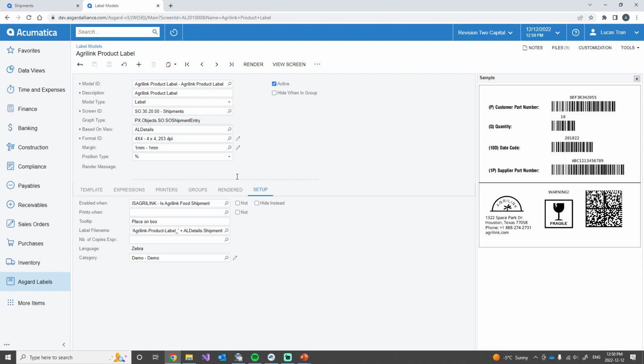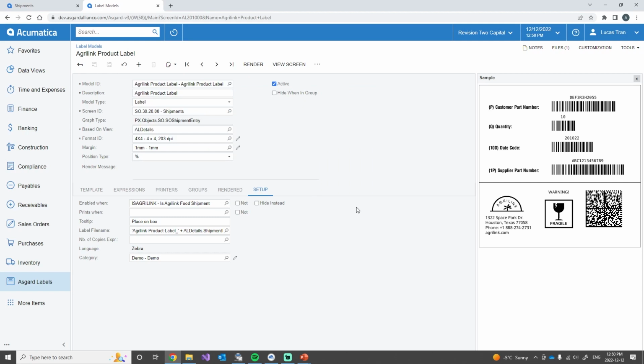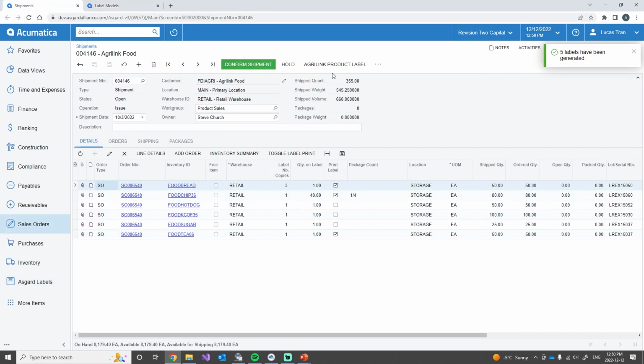So now we can navigate to the detail section. There is the setup tab. This is where you will configure everything. So for example, the enable when and print when, these are the rules that you'll apply to your label for your shipments. Essentially, enable when is AgriLink. AgriLink is a rule. What this means is that when the customer on the shipment screen is AgriLink, you'll be able to see and print this label. As you can see, I'm able to see it when the customer here is AgriLink,